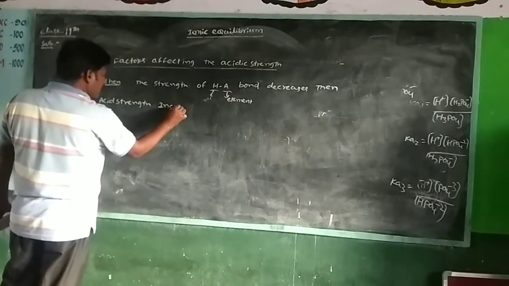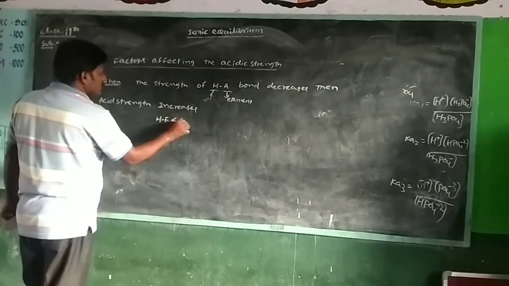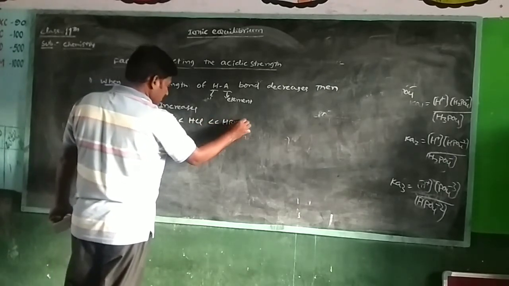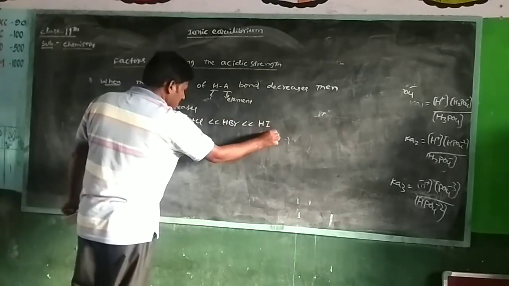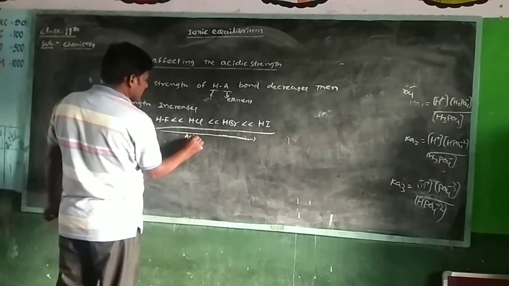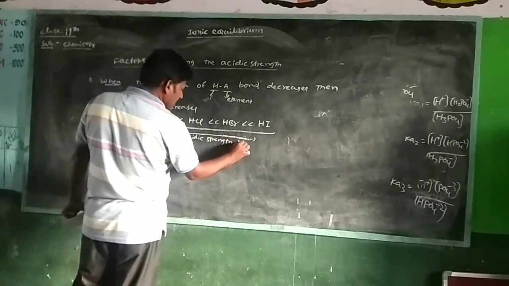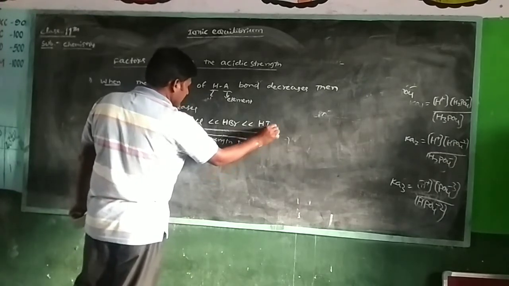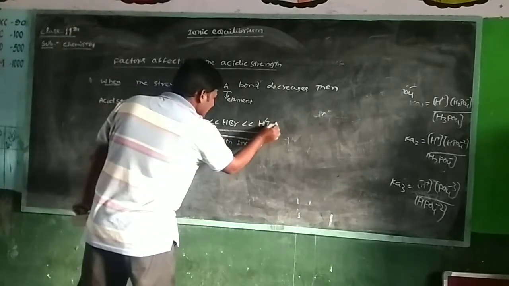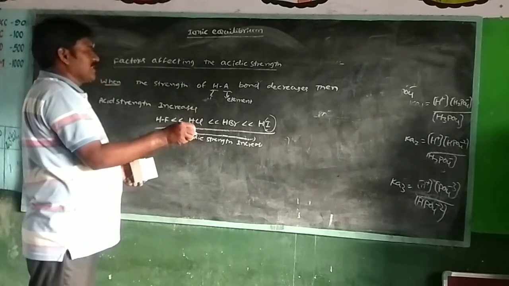increases. For example, HF is less acidic than HCl, which is less than HBr, which is less than HI. Acidic strength increases in that order. The reason is that as the size of the element increases,